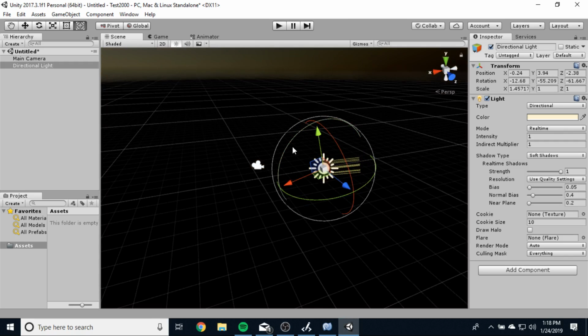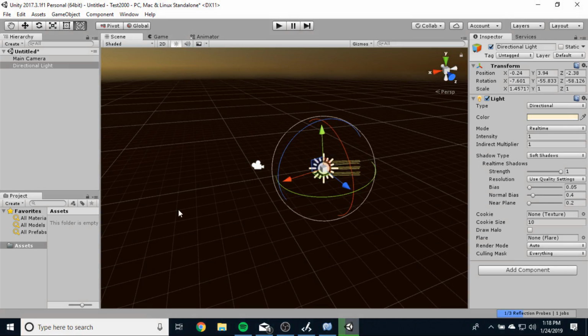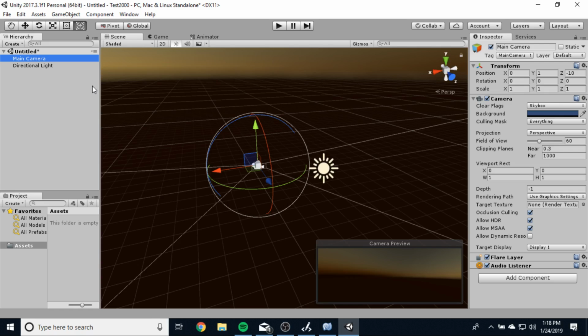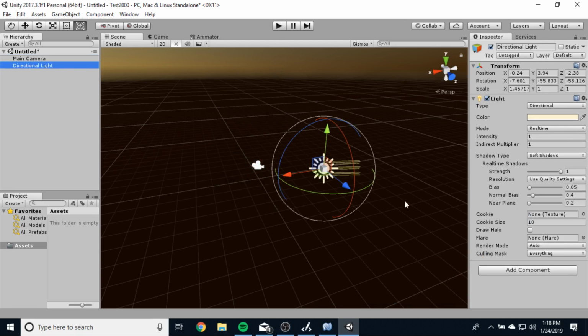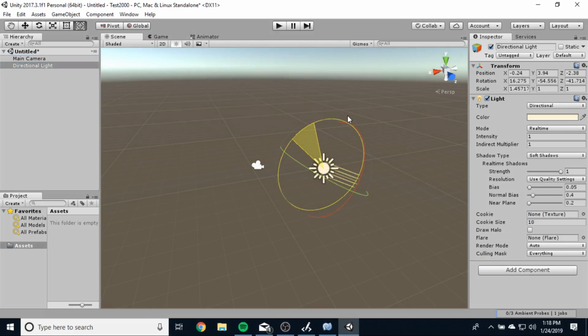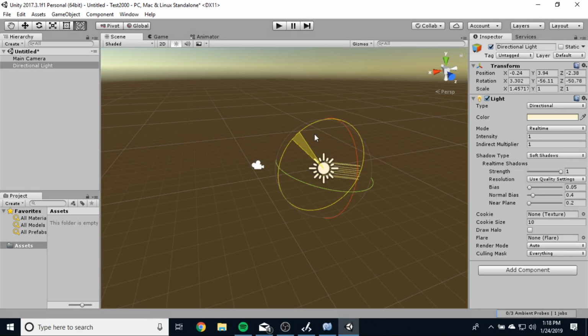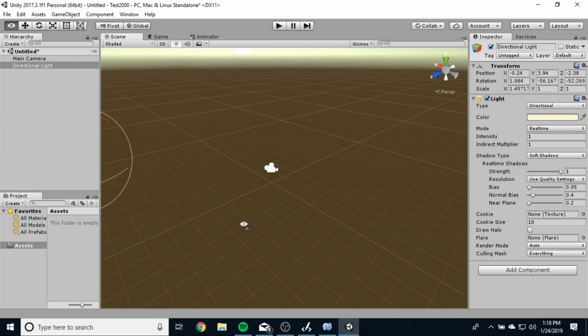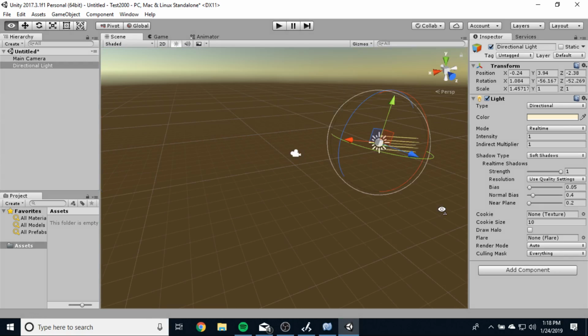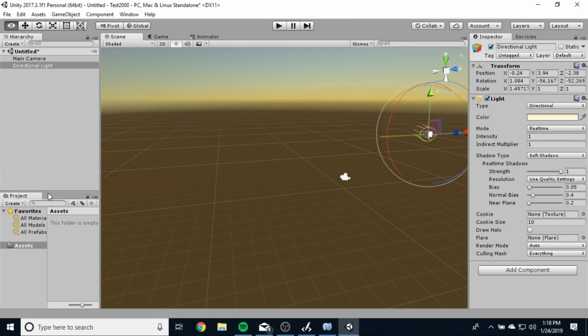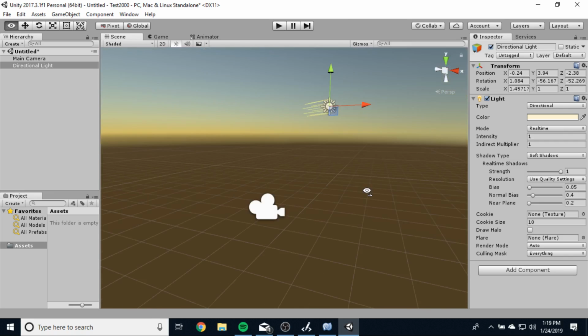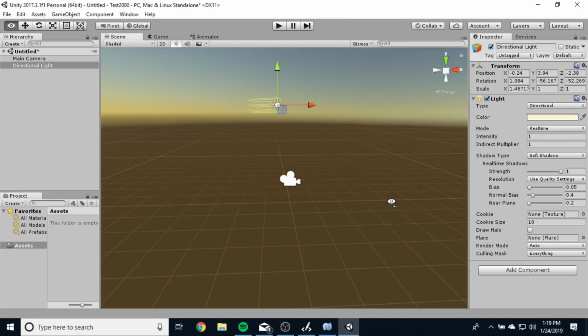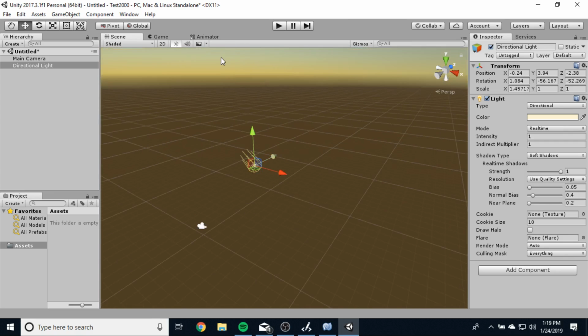So anyway, other than that, the big differences are already covered, as you can see. There's really not much that's different between Unity 3D and 2D. You're just going to want to get used to moving around in 3D space and thinking in 3D instead of in 2D. Your main camera becomes way more important in 3D because your main camera, if we look here on the game view,